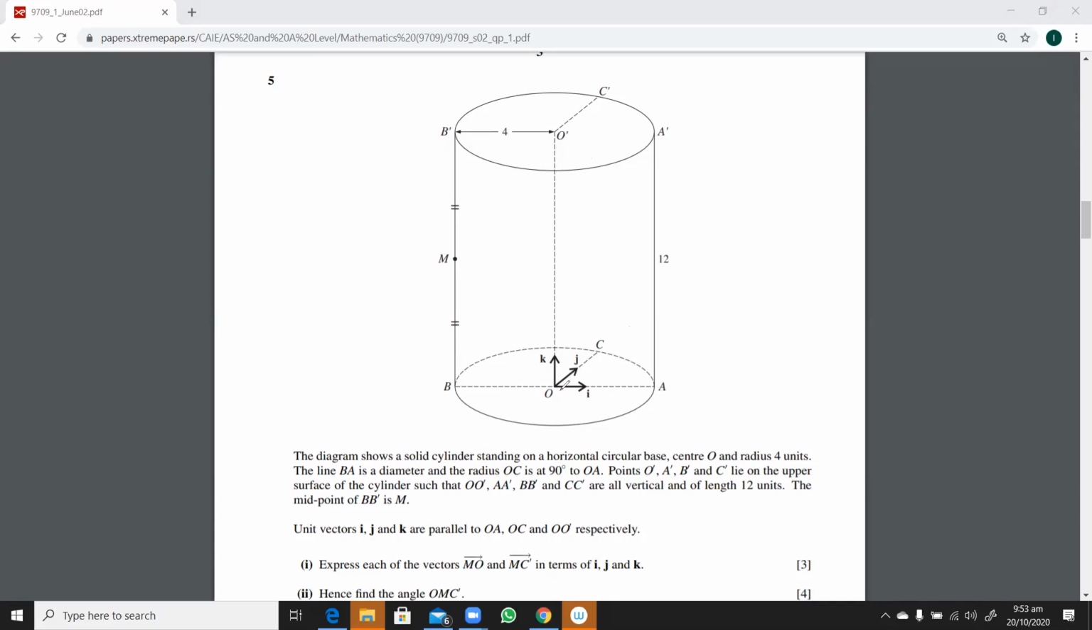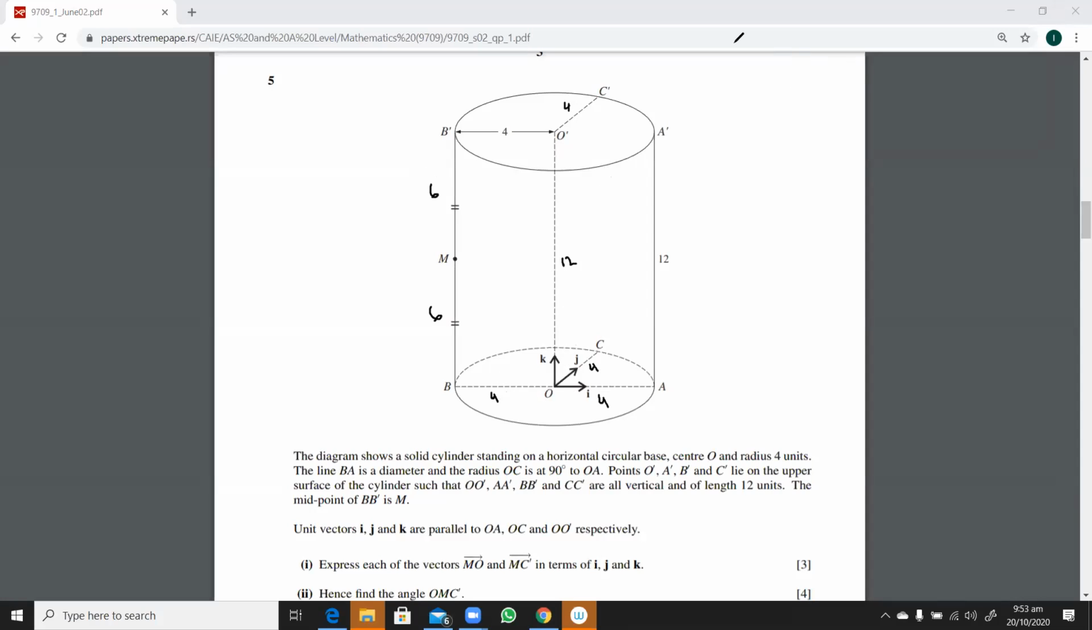Look at this. Are you clear that the length of OA is 4? Yes, you guys know that the length of OA is 4. The length of BO is also 4. The length of OC is 4. The length of OO' is 12. Since this M is the midpoint, this length is 6. This length is 6. This is again 4. This is 4 over here. Okay. Now,